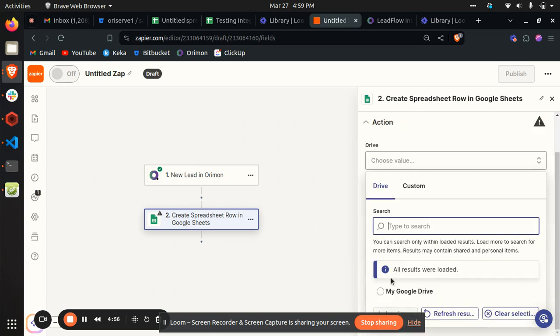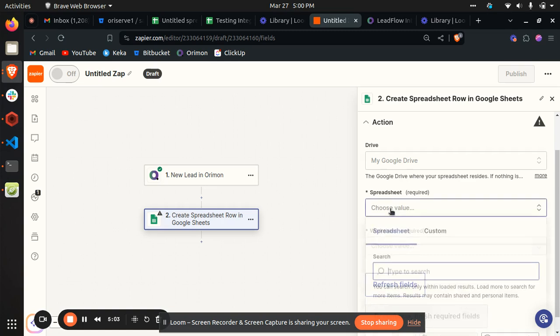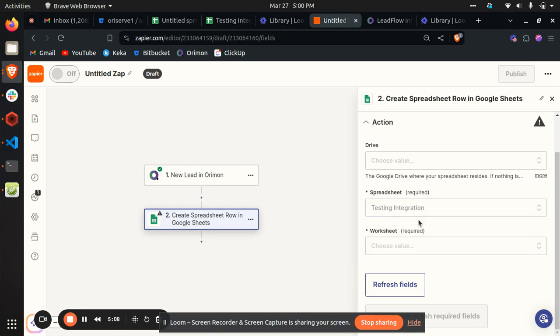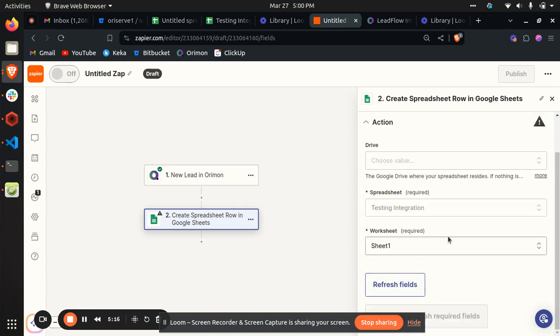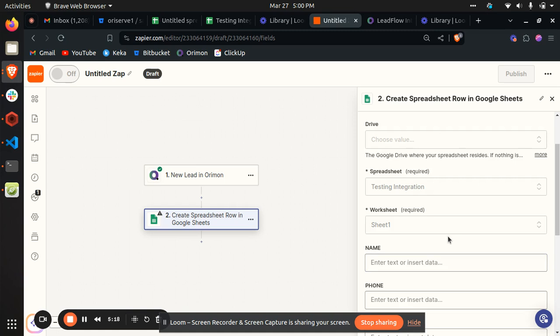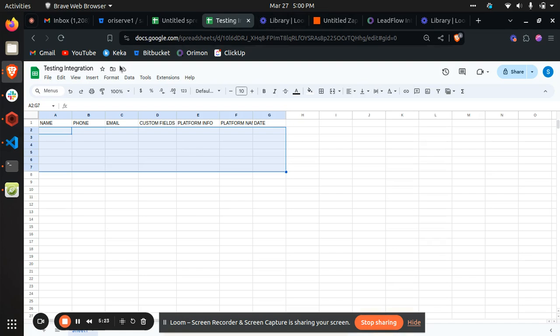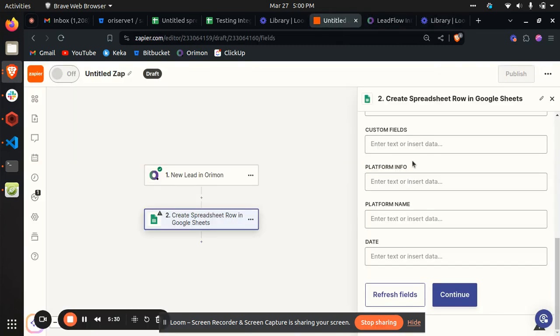I'll choose a drive, Google Drive. Spreadsheet. I'll use this sheet to connect to Zapier. Worksheet 0. And you can see automatically the columns that are present in my Google Sheet right here. This is the sheet that they connected with it. Automatically, the column values have been fetched, and I can choose where the data that I have received will be